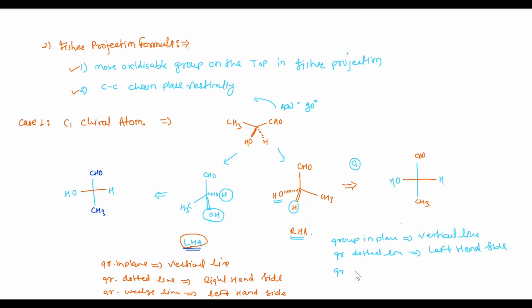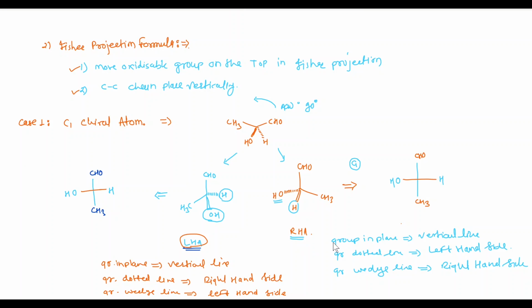Third case is the group with the wedge line, we have to write on the right-hand side in the horizontal line. This is all about the conversion of a one chiral center type of molecule from the dotted wedge line formula into